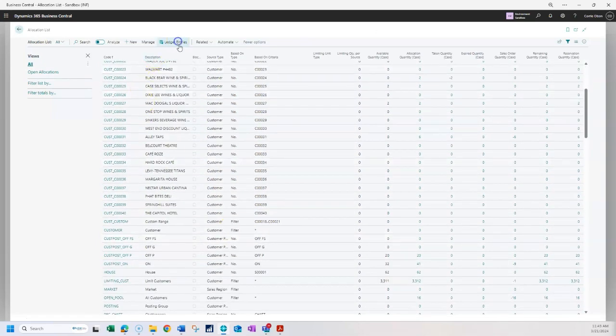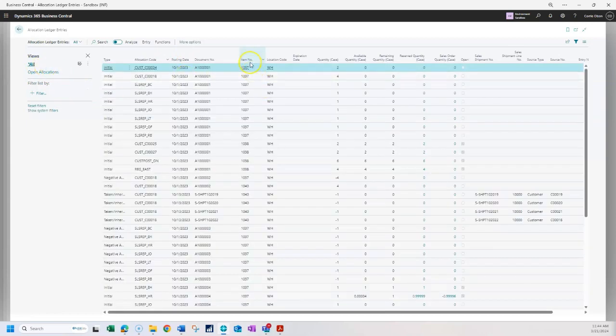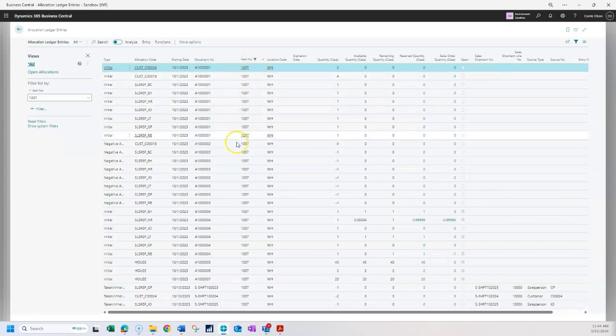And I'm just going to go into my ledger entries real quick. And let's just see if we could tell, hey, what are all the different allocations I have for this item? And I'll show you a way to look at that on the list view as well from the item. So I'm just going to filter to that value real quick on this